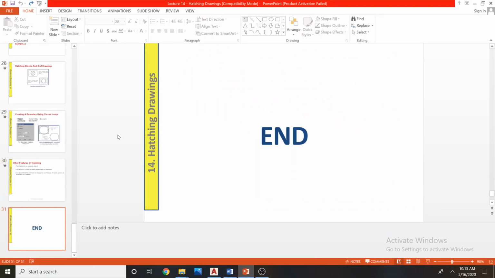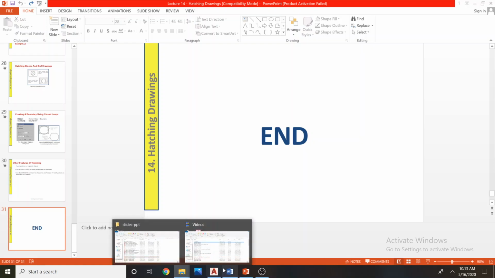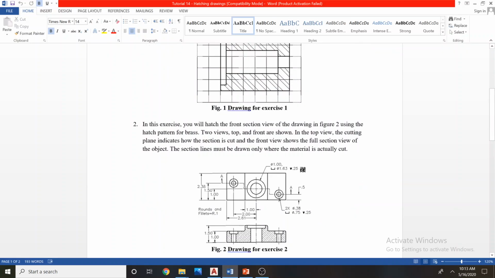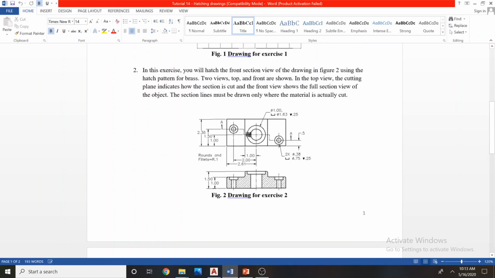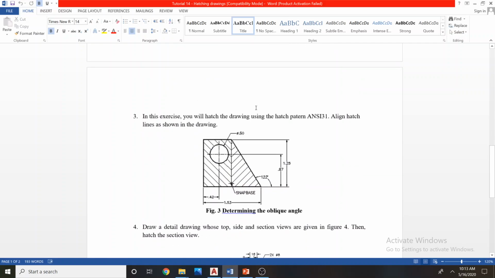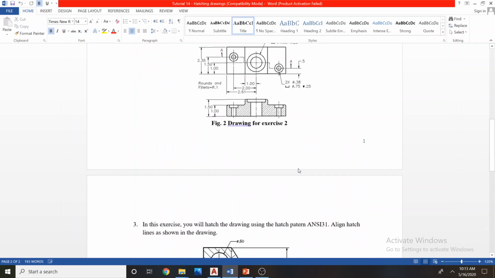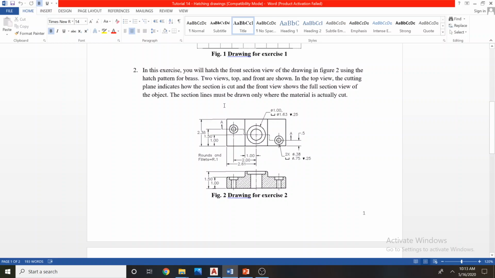So you can work with our tutorials. We will upload the answer for this question. We are in chapter 14. You try to do this at home. Definitely there will be a hatch in the final assignment. So use these notations. Try to find these notations in the AutoCAD software. They are all available. Go home and try these things and see. So this is the final drawing. Try it and see this one also, especially the mechanical students. Try this and practice your AutoCAD software. We will upload the answer for this question.